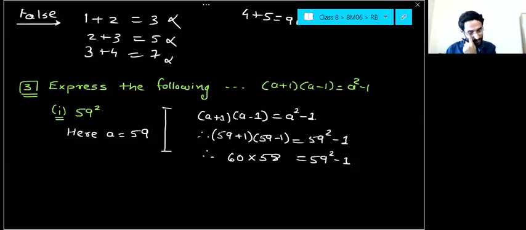ज़्यादा से ज़्यादा आपको फाइंड नहीं करना है. See, आपके सीनियर्स यहाँ पे क्या करते थे? आपके सीनियर्स इसको पूरा फाइंड करते थे. यहाँ पे 60 और 58 को मल्टीप्लाई करते थे. 60 एंड 58 को आपको मल्टीप्लाई नहीं करना है. माइंड वेल. ओके, हो जाएगा. इज इट क्लियर? ओके. Yes, sir. मैक्सिमम बस आपको -1 इस तरफ ट्रांसपोज करके लिखना है. सो वो आपका +1 हो जाएगा. दैट्स इट. ओके.